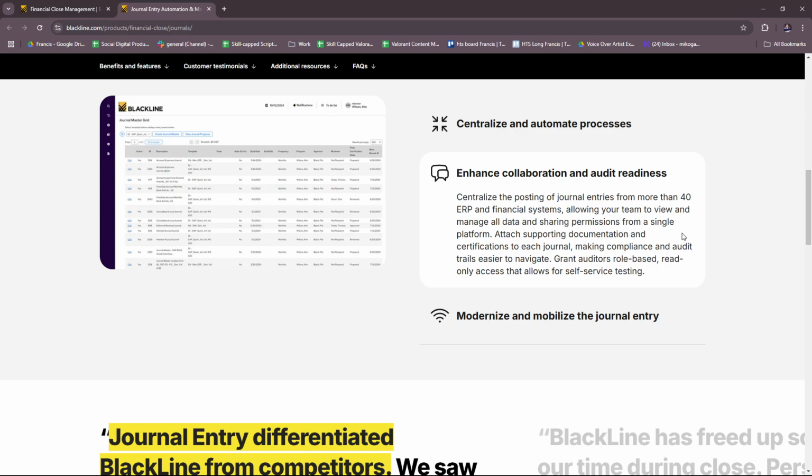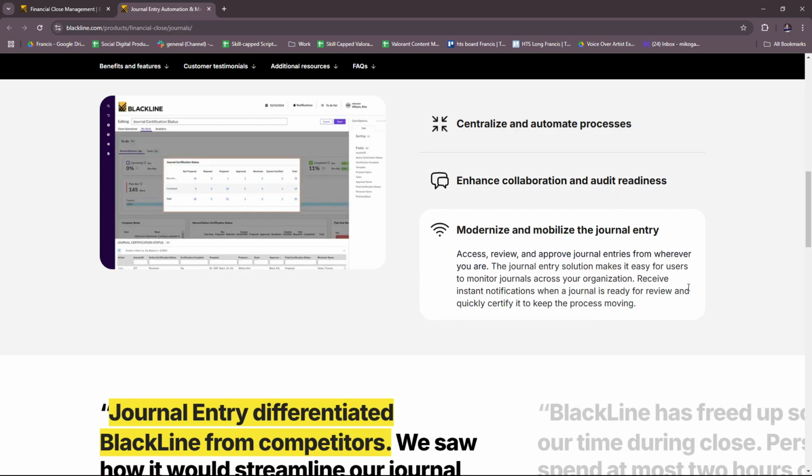allowing your team to view and manage all data and sharing permissions from a single platform. So with numerous amounts of data, it's always beneficial for the entire team to have immediate access to it in a single platform where everything is just updated in real time. And then finally, you can modernize and mobilize the journal entry, wherein you can access, review, and approve journal entries from wherever you are. So moving back,